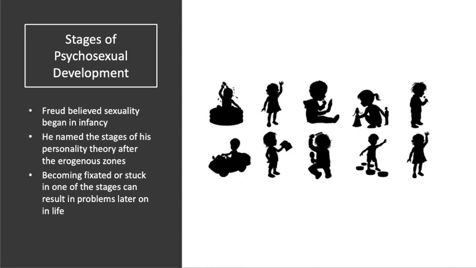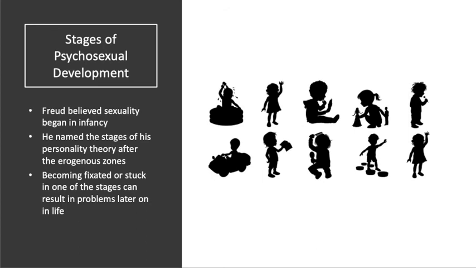So Freud believed personality develops really early on in childhood, and in fact he believed most of personality was pretty much completely developed by the age of 5. And he talked about personality development as progressing through various stages. He called this the stages of psychosexual development. Freud believed that sexuality was very much central to personality development. So he believed sexuality was a factor even in infancy, believe it or not.